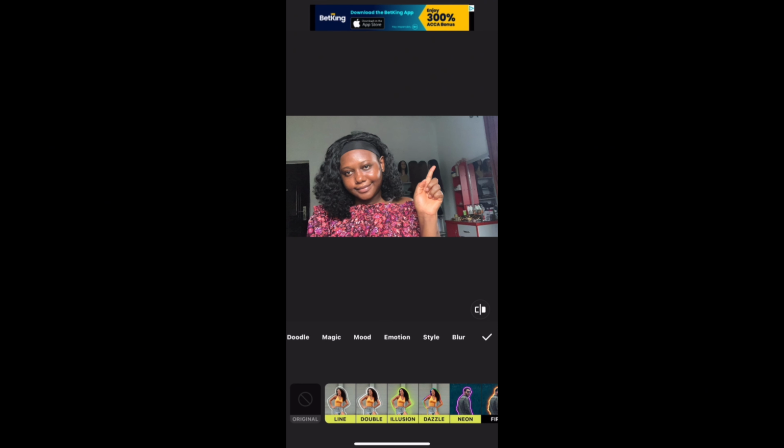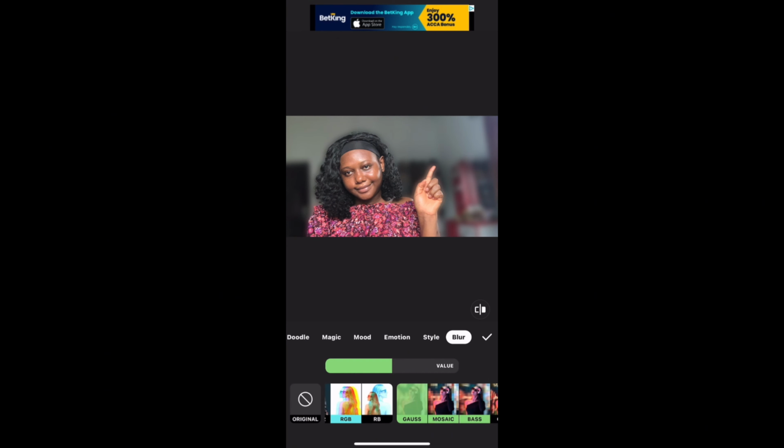Scroll to the last and you see blur. Click on blur and click the first one that you are seeing. It will blur out. Then you want to make the blur look natural and not obvious. Then drag this thing that you are seeing, where there is written value, drag it down so that it